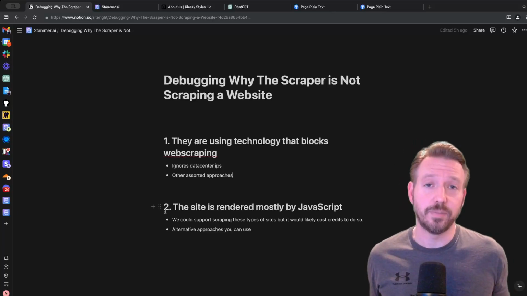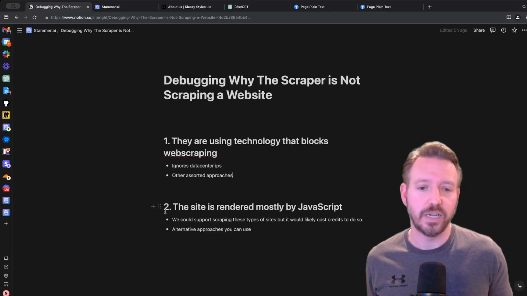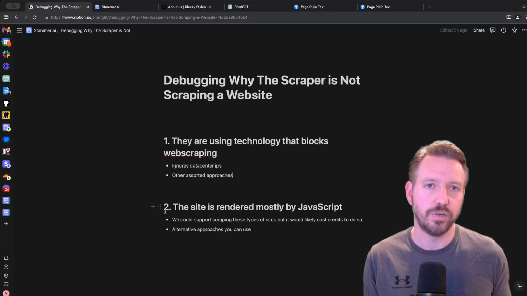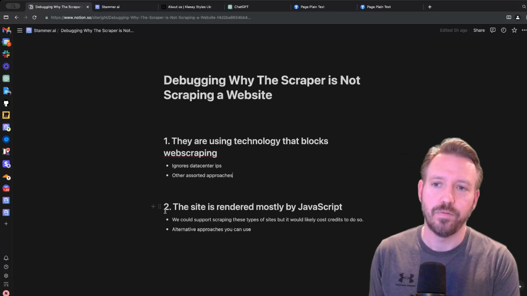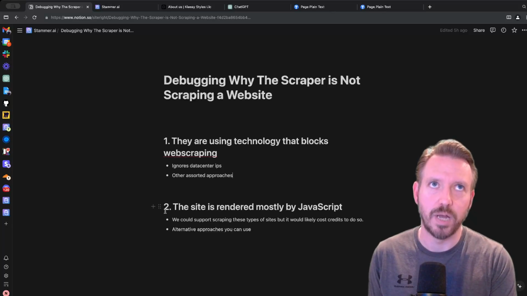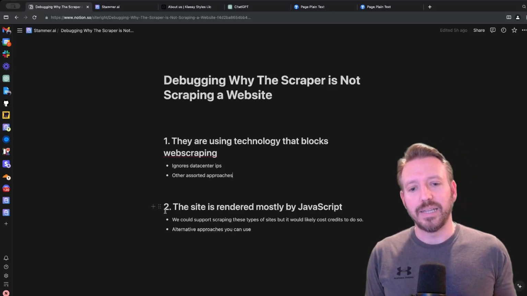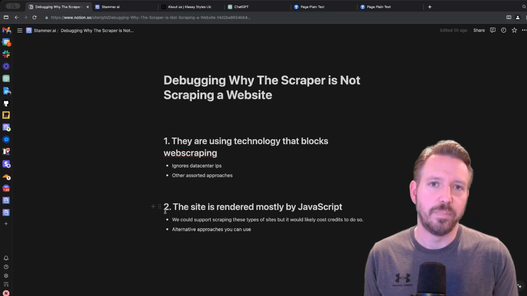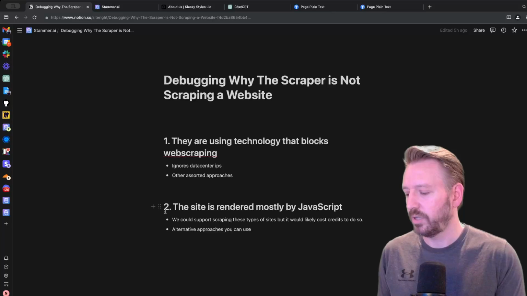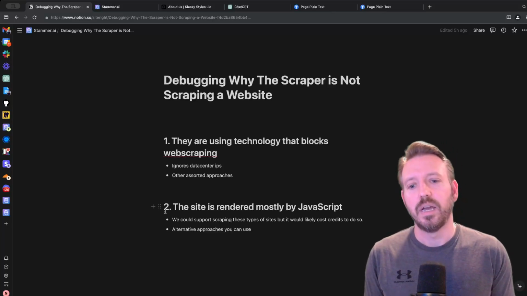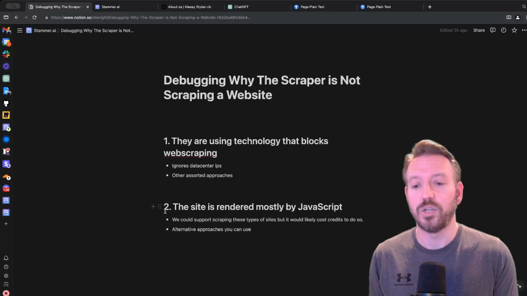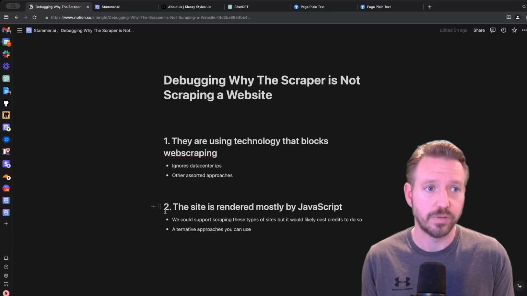So we'd have to pass that on to you, most likely in some type of credits, perhaps messaging credits, or perhaps we would just create some type of credit for JavaScript-based web scraping. But let us know if this keeps coming up and you want the ability to do that. We could certainly do it. Like I said, it would cost credits, but just let us know if that is of interest to enough of you, because we could possibly add support for that.